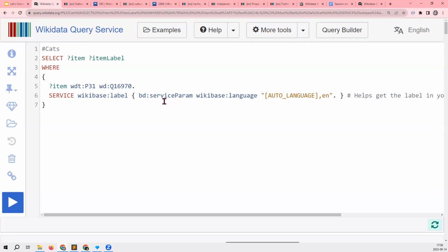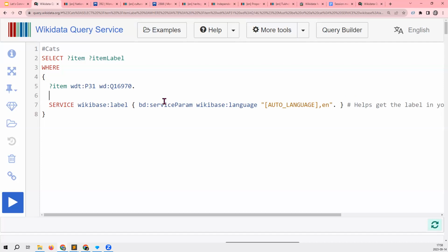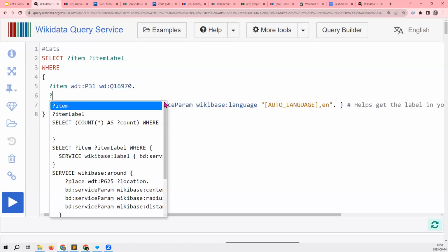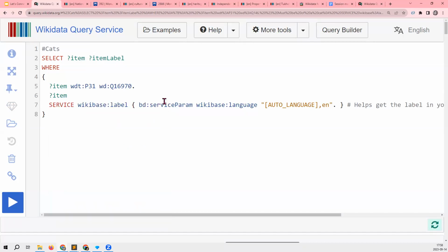Now, if I wanted to run this query, then my computer would freeze, because we do have a lot of churches on Wikidata. So I'm going to add another criterion. I want to find all church buildings in Serbia. So I add another line. I say that the item should have a country statement.